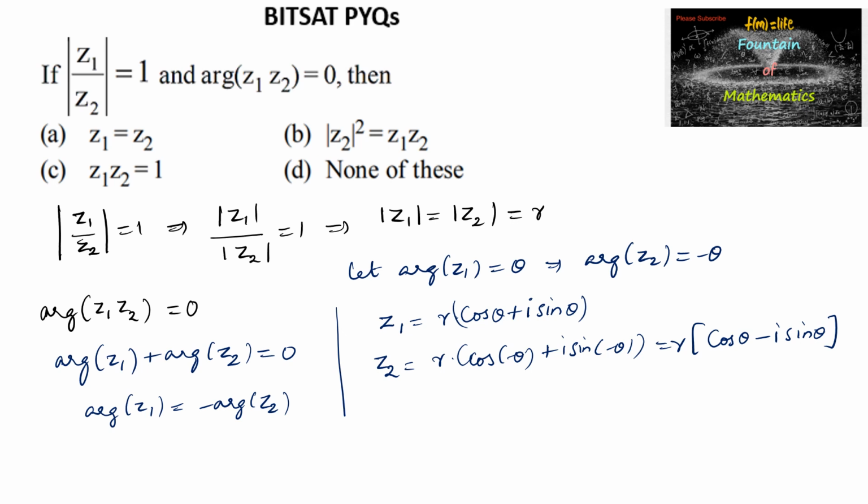Cos theta minus i sin theta is nothing but z1 bar, we can write. So z2 is equal to, we can consider z1 bar,